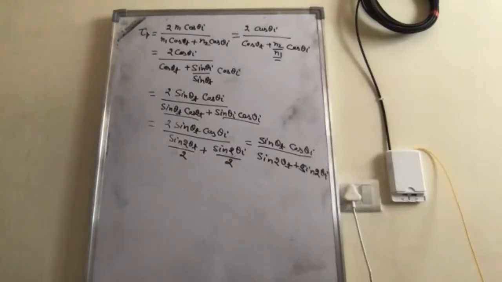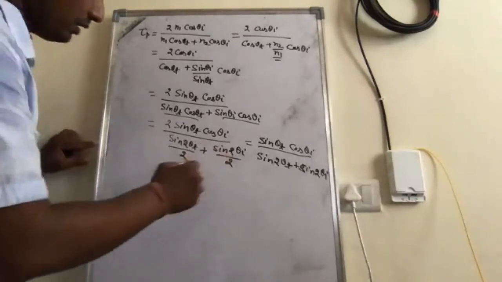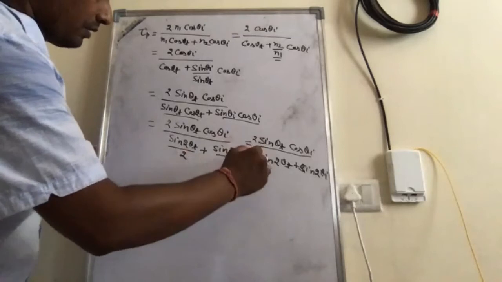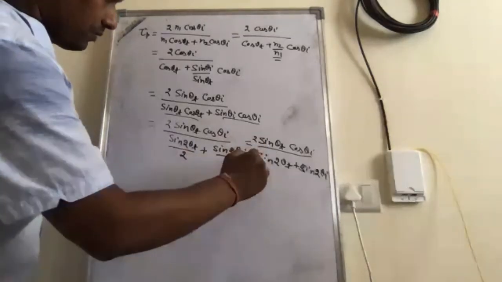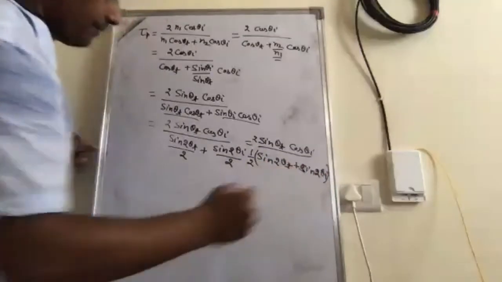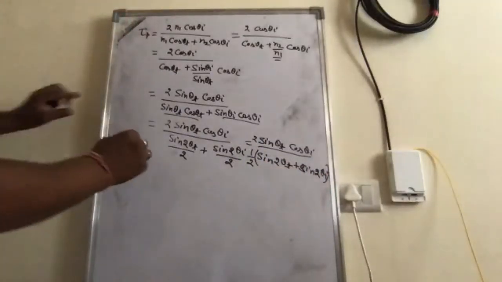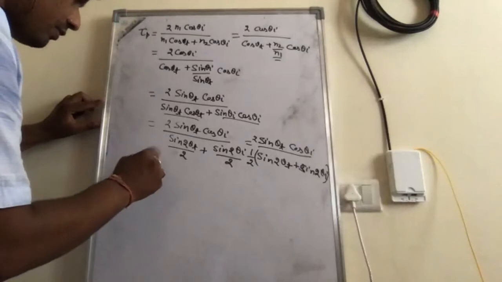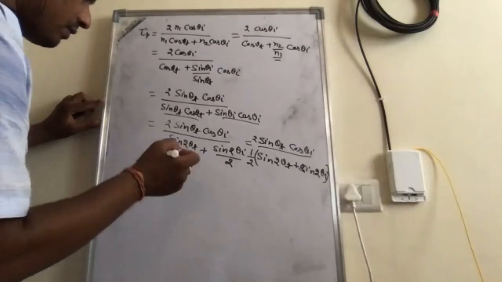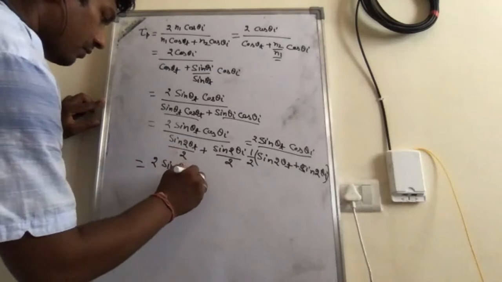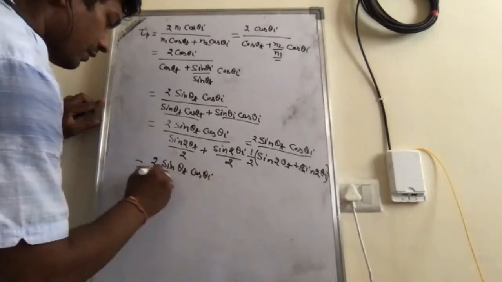So we can write again sin c plus sin d will be... sorry, here it will be 2 and here it will be 1/2. It will not be cancelled out. So sin c plus sin d can be written as 2 sin